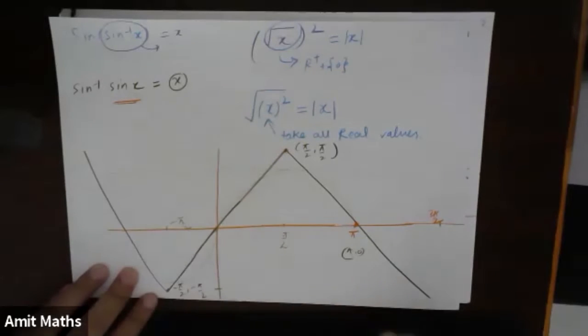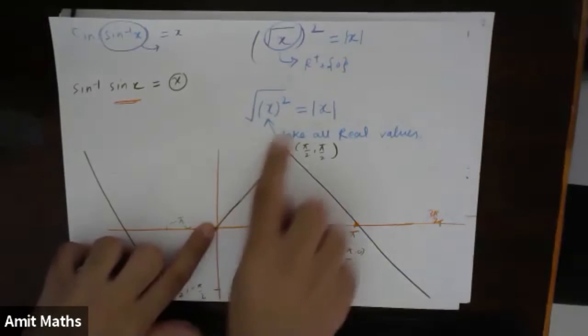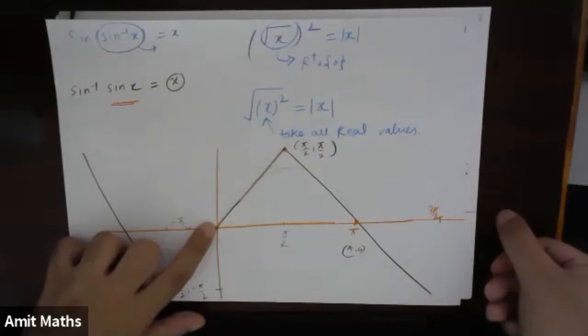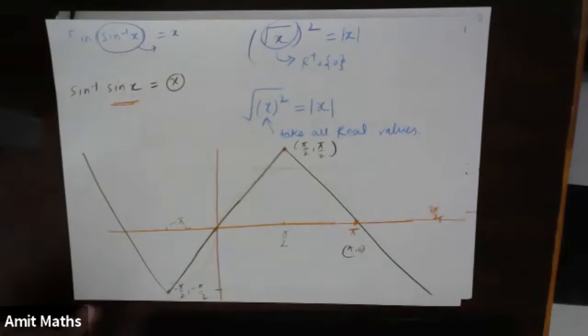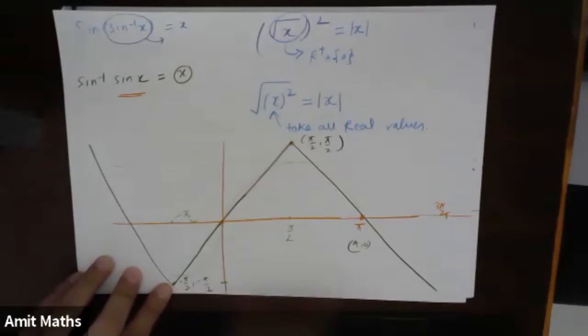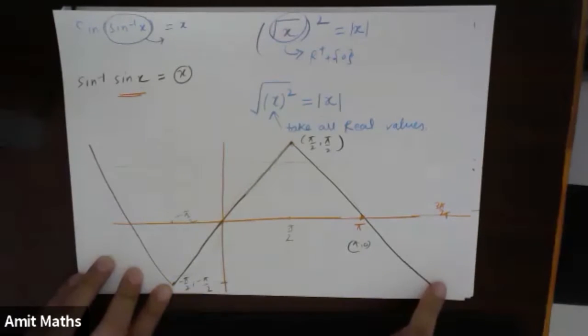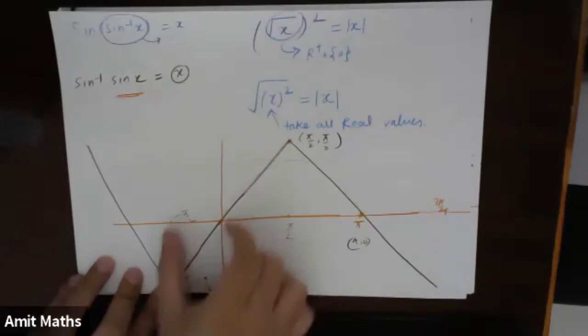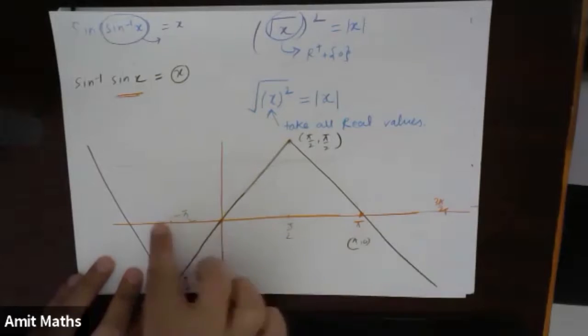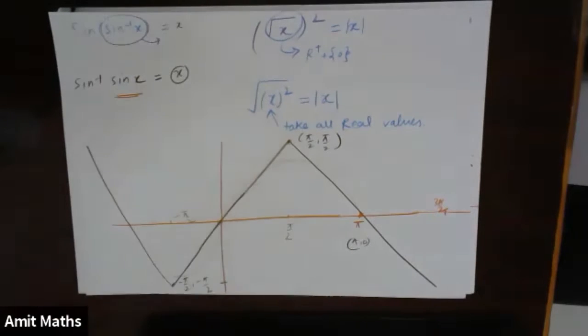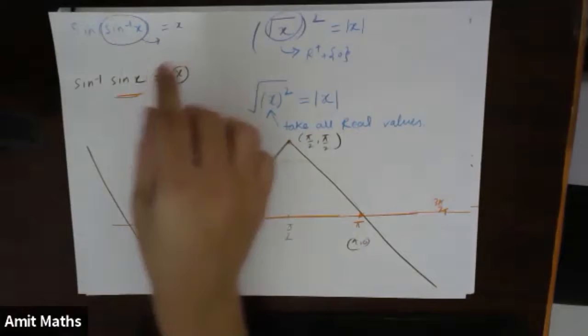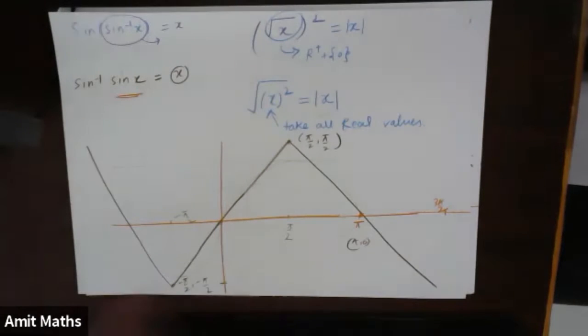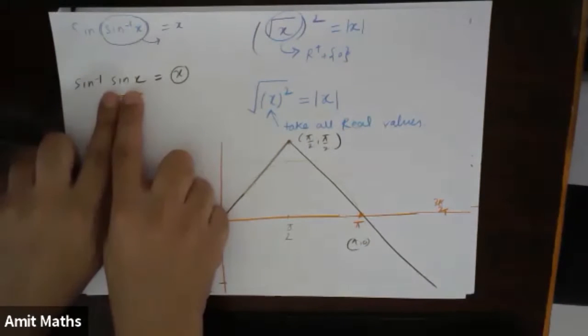So let's start with this point. Here, here and here. Again at this point, it will come back, right? If I move from this point to this point, this is minus pi by 2 and this is 3 pi by 2, so pi by 2 plus pi. So again the periodicity of this will be 2 pi, same as the periodicity of sin x, because the value is defined by sin x, taken again and again.